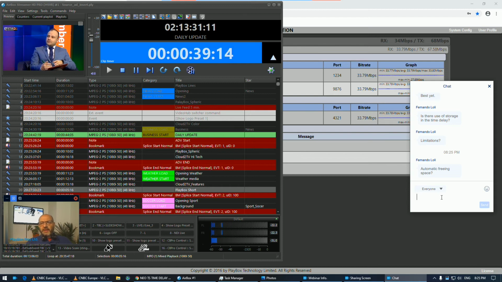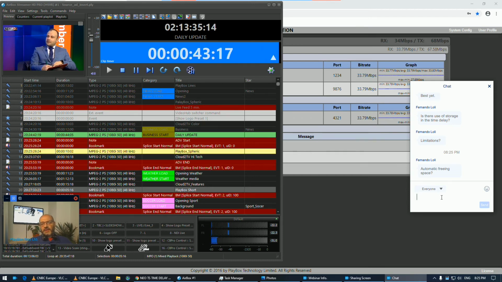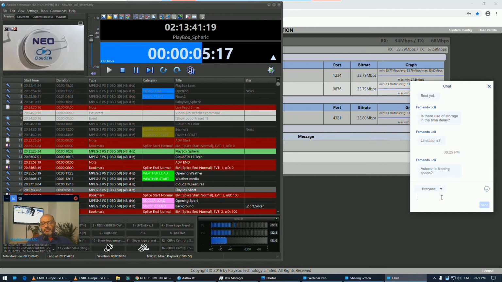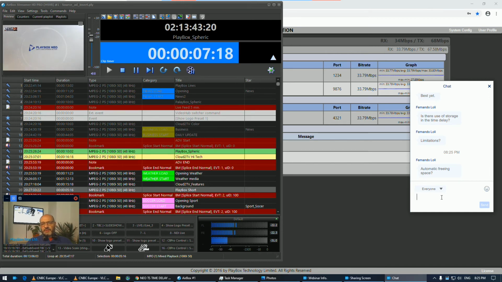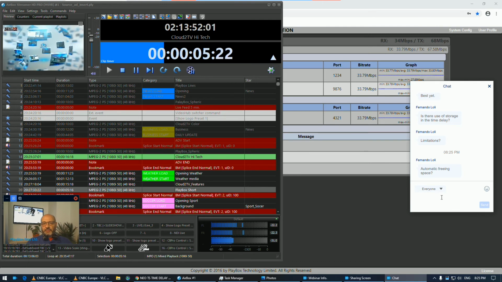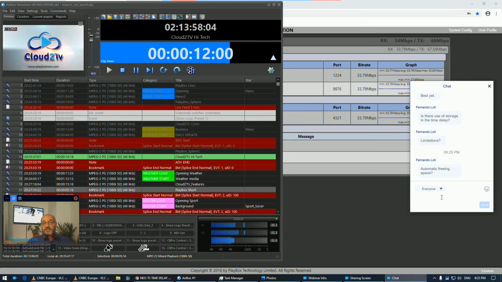Fernando, automatic freeing space. You mean the space after it's filled up to start writing again? Yes, you can set up all this stuff to determine how to manage your hard drive space. But nowadays, the space has never been an issue in this type of application, because we all know nowadays hard drives are pretty big, so you can just